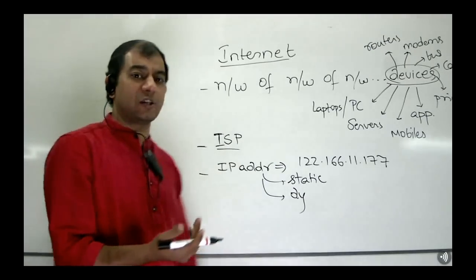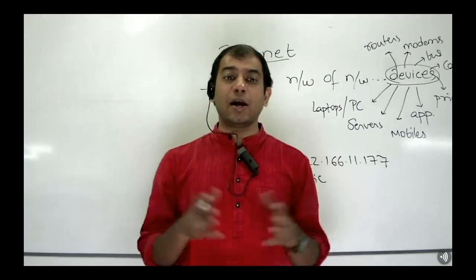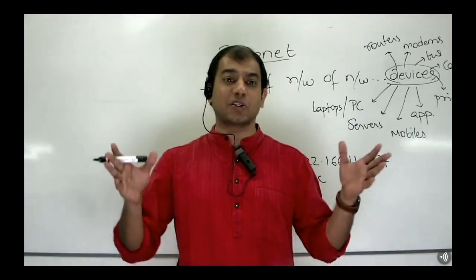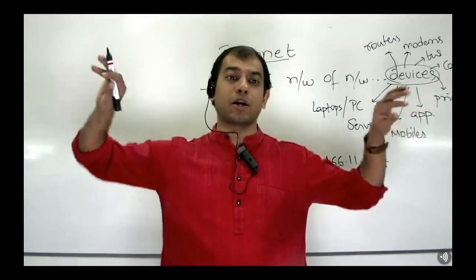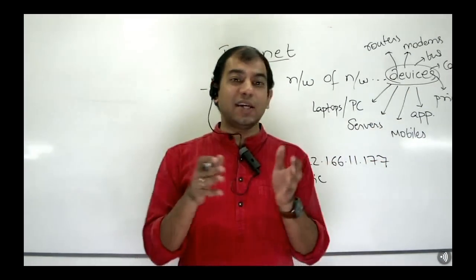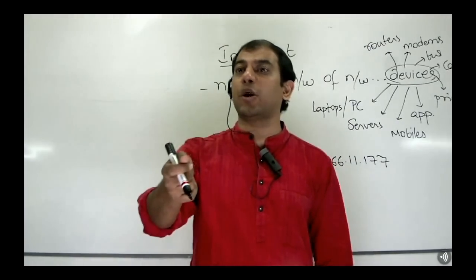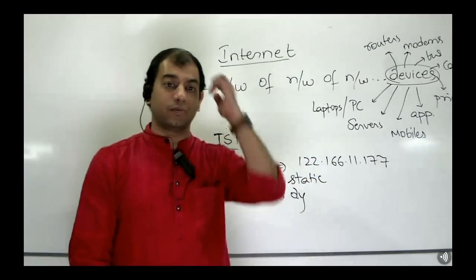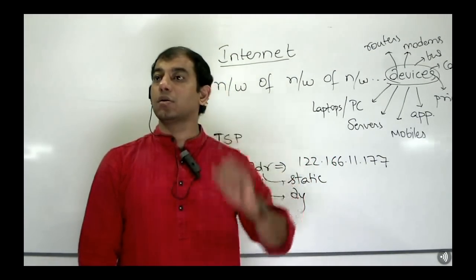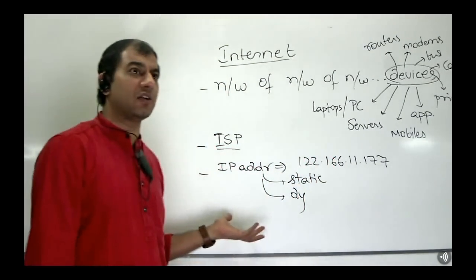Now, answer me this. How do ISPs give unique IPs to each of the devices? Because there are hundreds of ISPs and there are millions of devices connecting to the internet and getting off the internet. So how does an ISP ensure that the IP that is given to a device is unique across all the other ISPs as well? How does it ensure? How do you think it works? Come on, this is common knowledge.